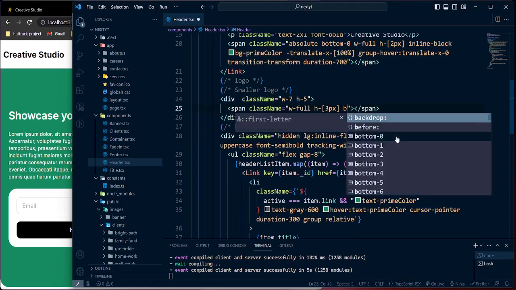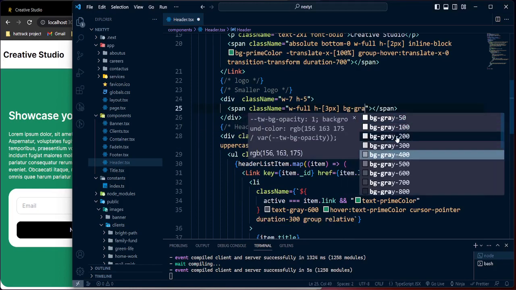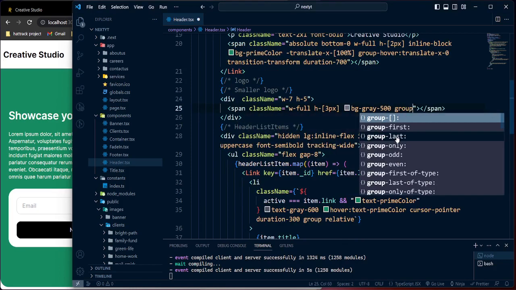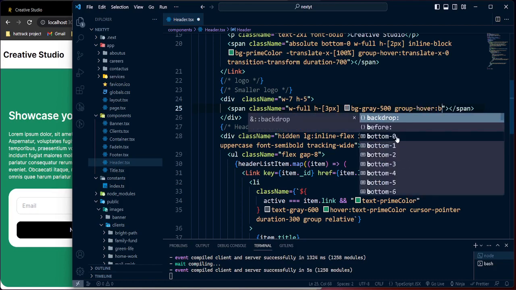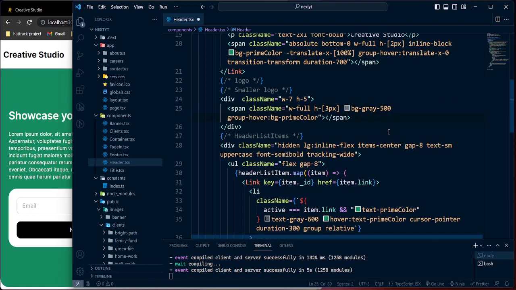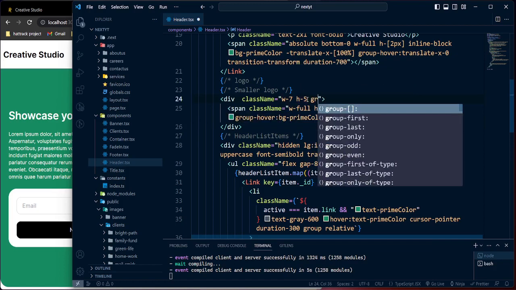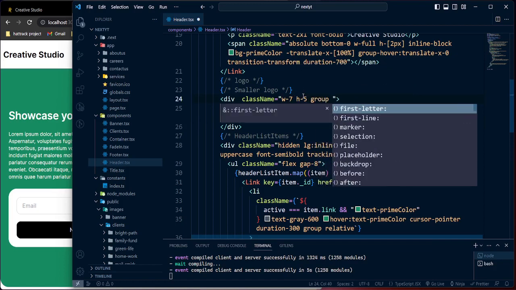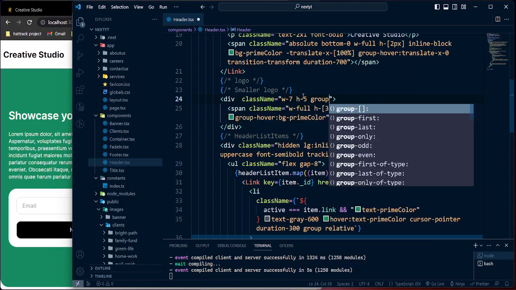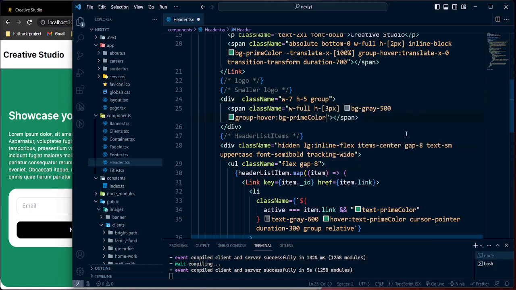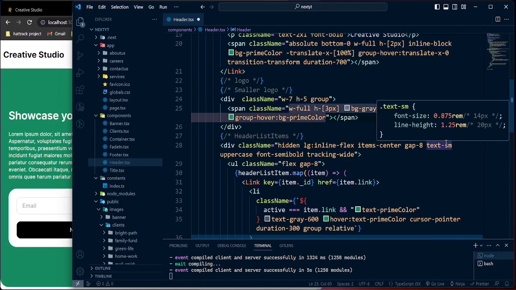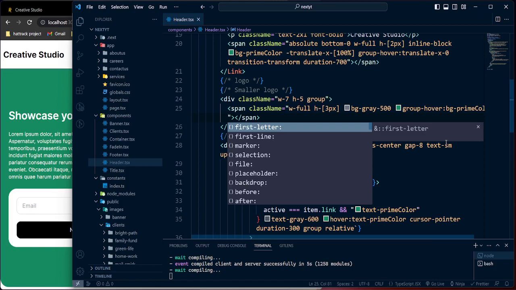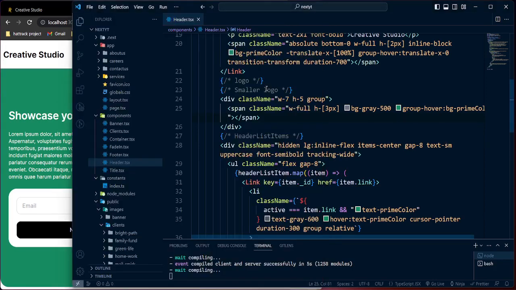And now the background it will be gray of 500, and now whenever we're gonna group hover, the background it will be prime color, and now we need to make that as a group. Okay, and also I'm gonna make it as, okay, pretty much that. And now hover it will be prime color, and that, okay, translate we're gonna make it later on. Okay, and this portion,